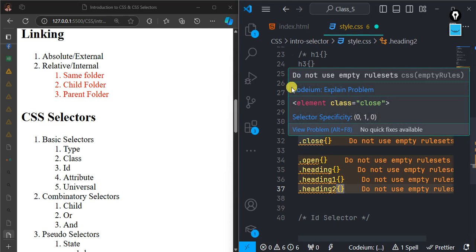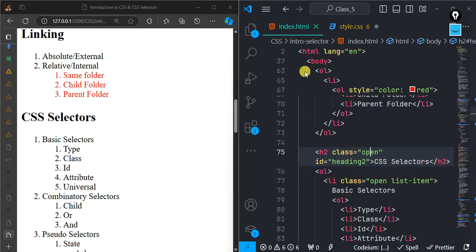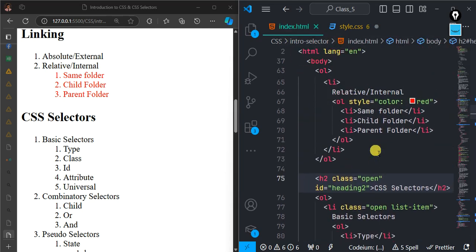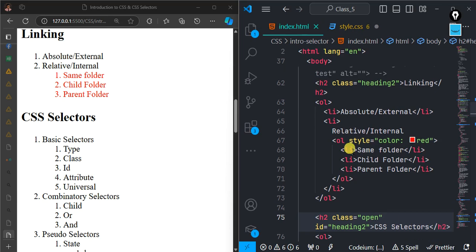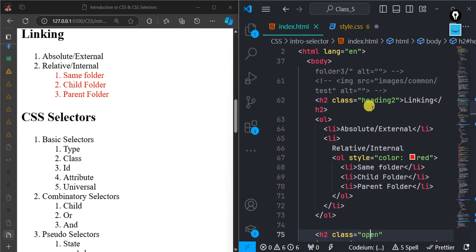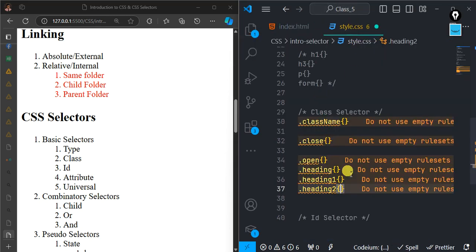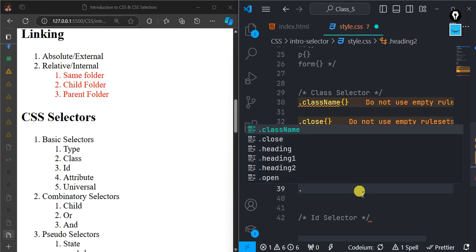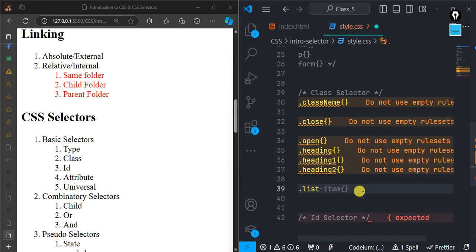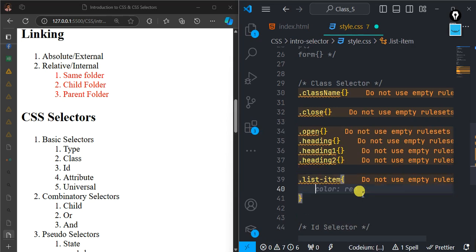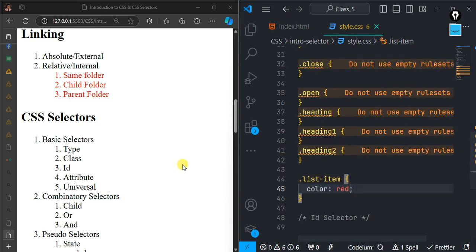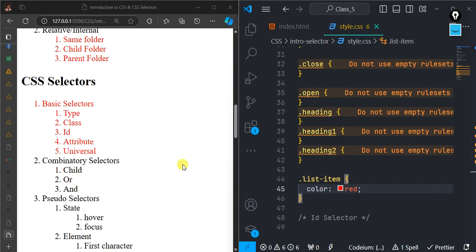So to select based on class, you start with a dot, then followed by the name of the class you are looking for. If you look at the page, what are the classes we have? We have open, list item, and heading 2. So when you want to target any of these classes from your CSS, you start with a dot first, then followed by the name of the class. Since I'm looking for list item, I will do it like this. Then inside the curly braces, you apply whatever CSS you want the elements that belong to the class to have. So now if I give color red and go back to the page,